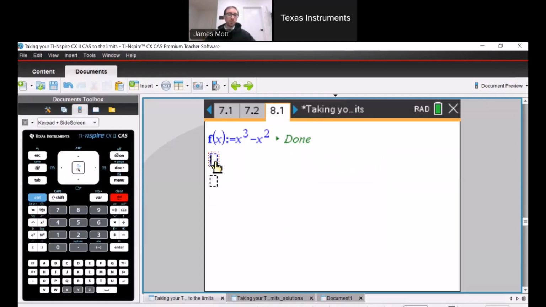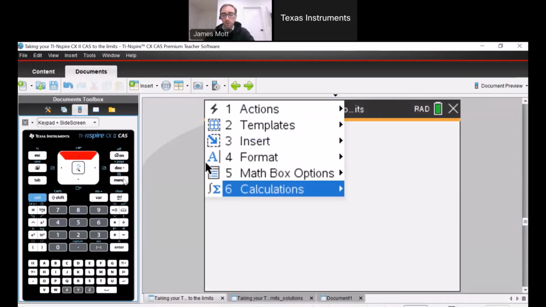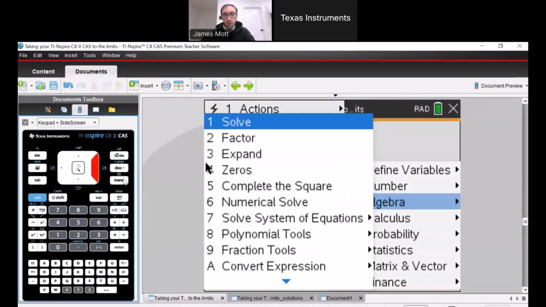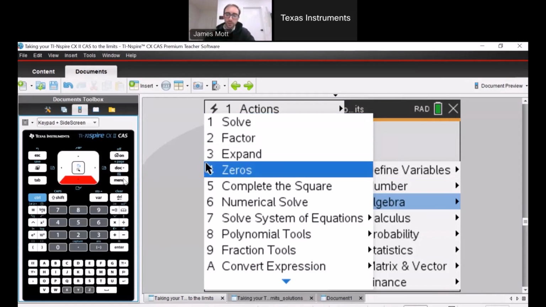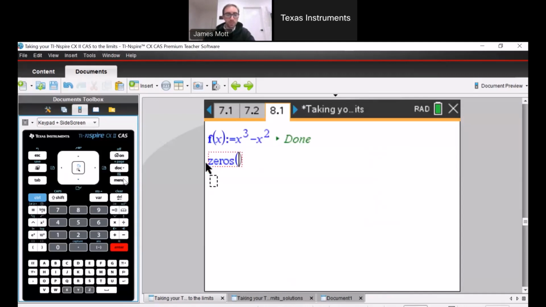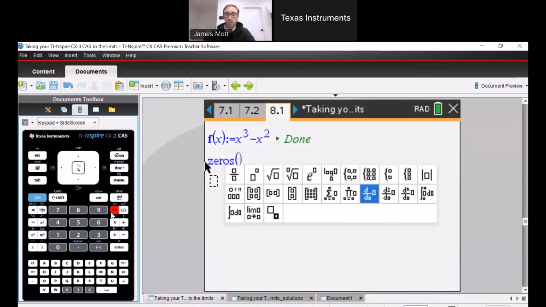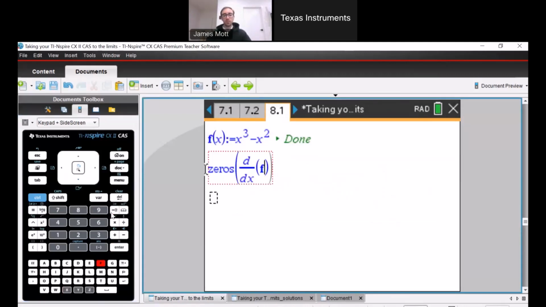So if people are unfamiliar with zeros, in our menu, normally we'd use solve to solve for x or whatever after, but we can also use the zeros command. The manner in which this works is, whichever expression we type in, and if I insert a comma x, what this command zeros is doing is equating whatever expression we put in here to 0, and then it'll spit the answer out as a list. And depending on what we want to do, it can be quite